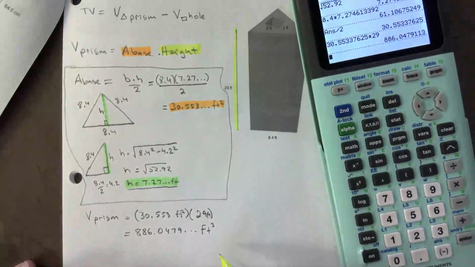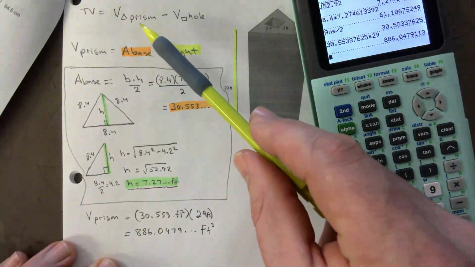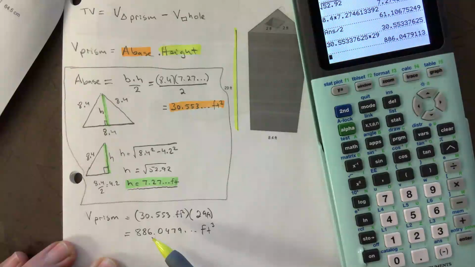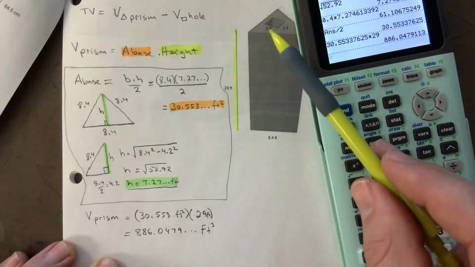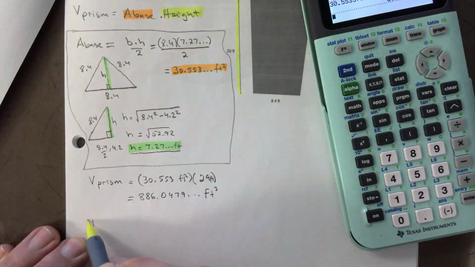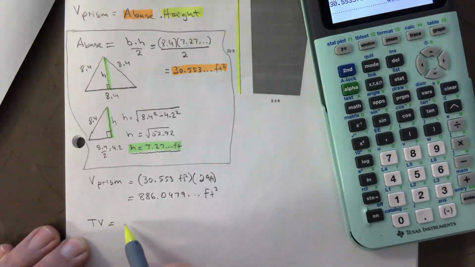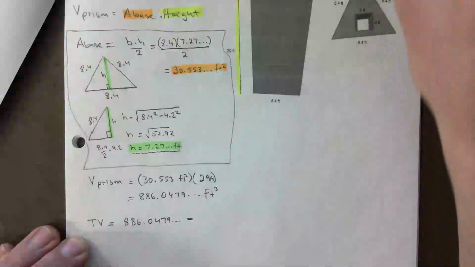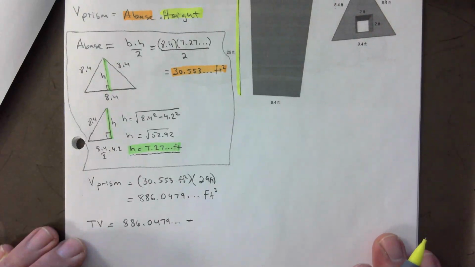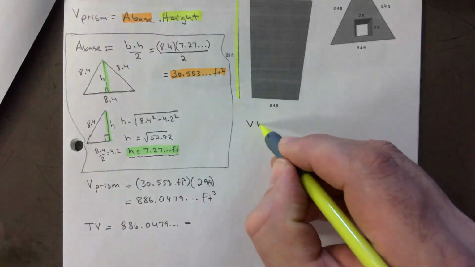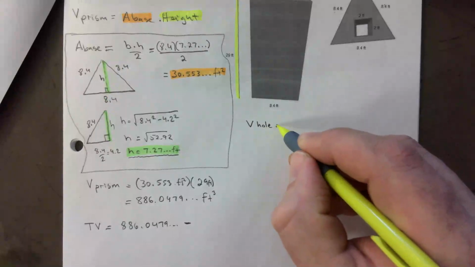So now I found this part, right? That part is now determined. So now I'm going to subtract the square hole that goes through it. So total volume is going to be 886.0479 something minus, how would we do the volume of the hole there? I'll do that here. Volume of the hole would be